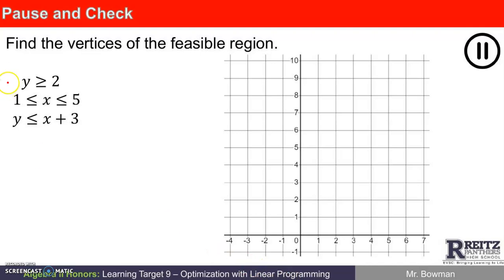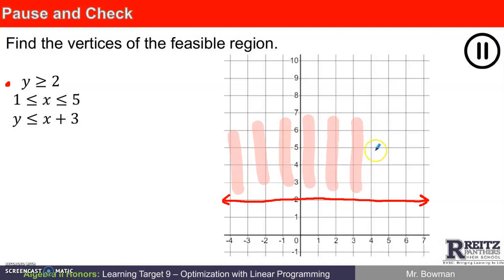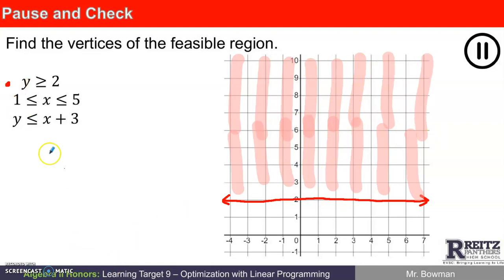Let's do this thing. If y is greater than or equal to 2, one of my boundary lines looks like this. And y being greater than that means that I need all of this stuff, all of the stuff above that line. All of this stuff. This is kind of an interesting next inequality